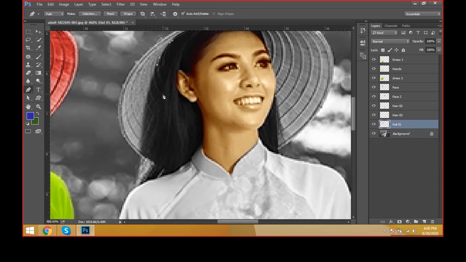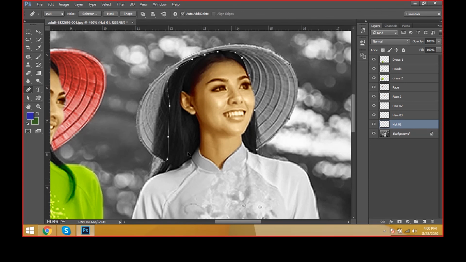And this is the shadows. This is not hair. And select this one with a hair layer like this, and increase the zoom and take a direct selection tool. You just select it.